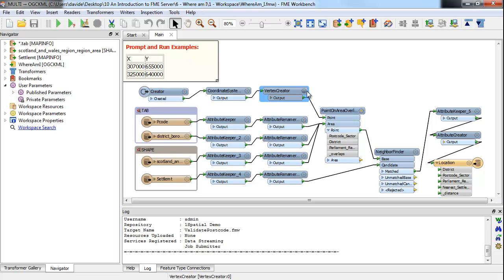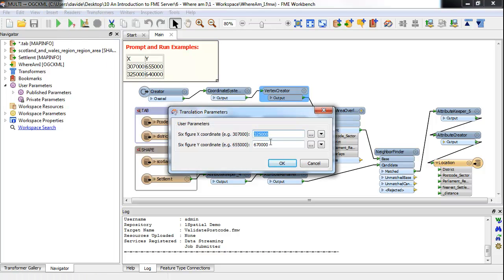I'm then going to check if that pin falls within a postcode boundary, a district boundary, a Scottish and Welsh government region, and ultimately find out which settlement it's nearest to using the neighbour finder. So this is effectively a process of point in polygon to find out where am I. I'm going to write the data out, in this case to KML, and if I prompt and run, just put in a couple of X and Y values, run that,